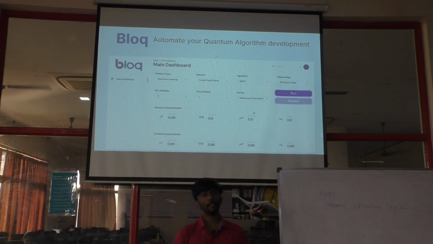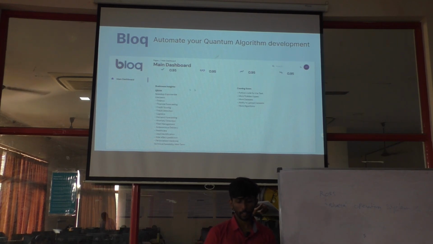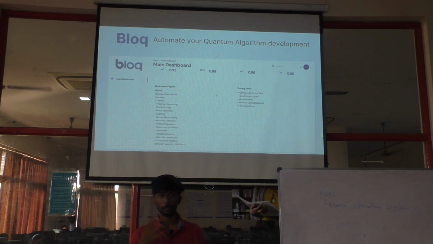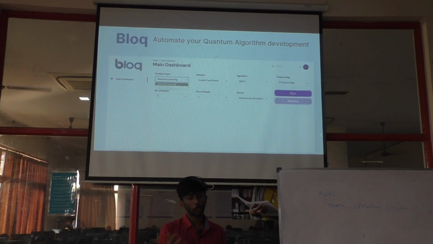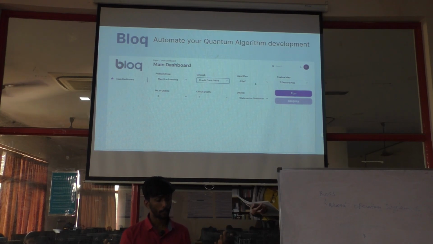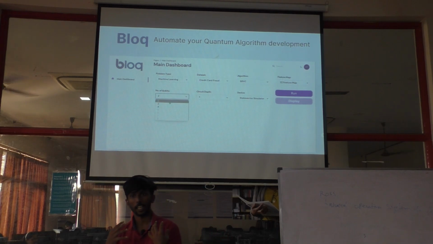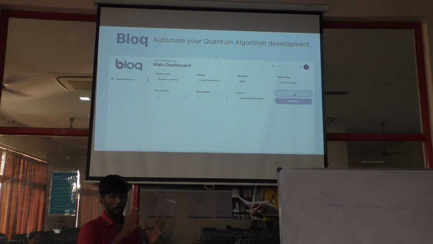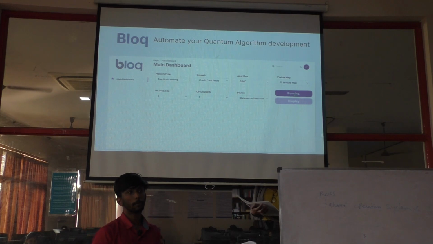As you can see here, if we want to build a machine learning algorithm, you can give whichever feature map you want. There are multiple feature maps available, so you can describe which one you want. You can upload your own data set, set the number of qubits you want, the depth, and which device you want to run it on, and it automatically codes for you and deploys the circuit, and you can focus on the results and improving the circuits without worrying about the code.